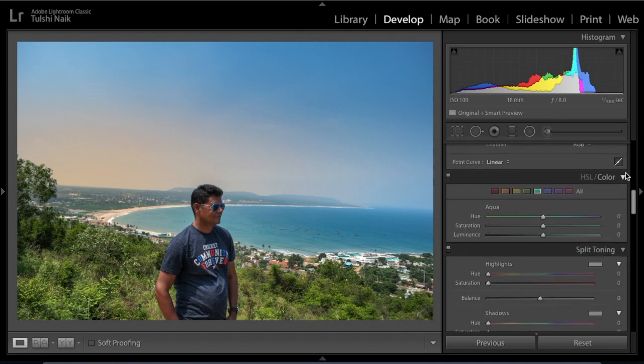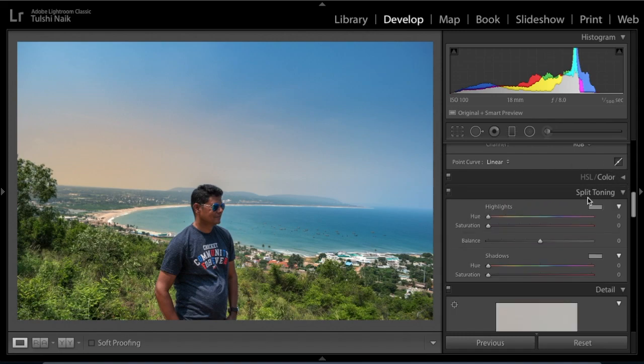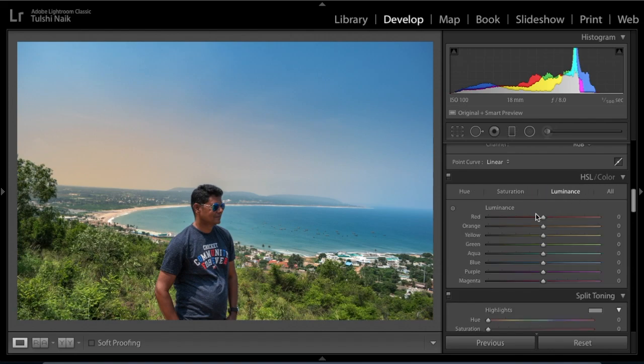Now let's work on the HSL slider. So you can work with the HSL slider with hue, saturation, luminance, where hue means color, saturation means how rich or how saturated the color is, and luminance is the brightness.